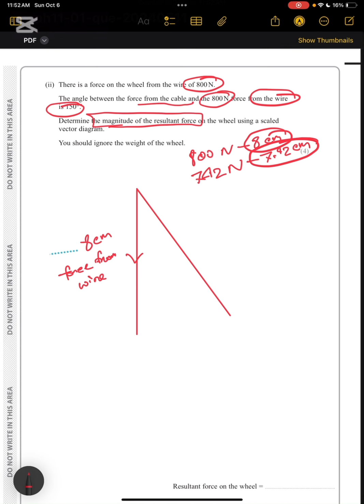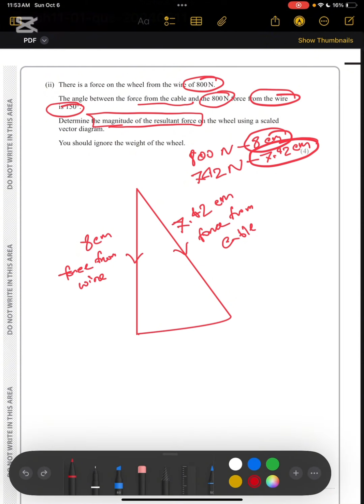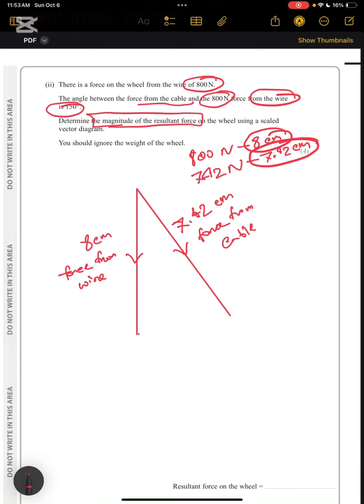and this is another force from the cable, which will be taken as 7.42 centimeter. Then we have to find and calculate this distance. Sorry, I have just drawn it. You have to just find